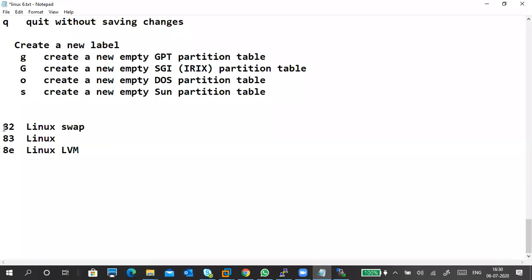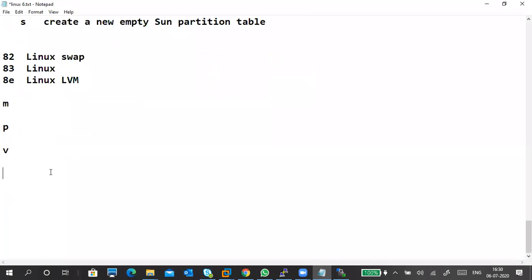So first one is m, right? When you press m, it will display the menu, and next we put p to print the partition table. You can use v to verify whether any free space is there or not, but it will show sector-wise. A new one is added, that is capital F, not small f. Capital F shows how much free disk space is there, so you can see the disk space.